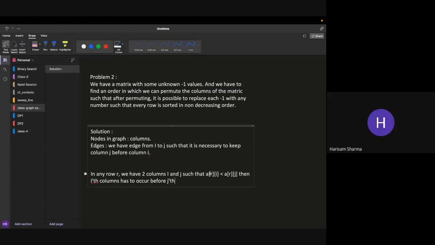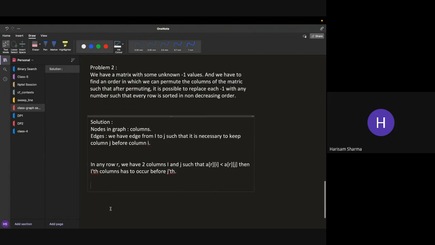Because now if the ith column comes after the jth column, then this particular row will no longer remain sorted in non-decreasing order. So it can remain sorted if and only if the ith column appears before the jth column, right? Okay. Now, another observation is that once all these conditions are satisfied, so once we have a permutation which